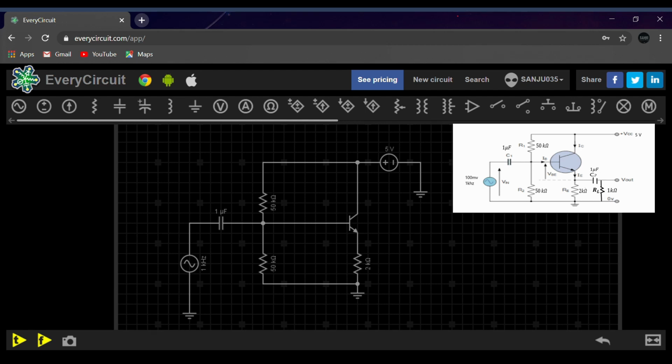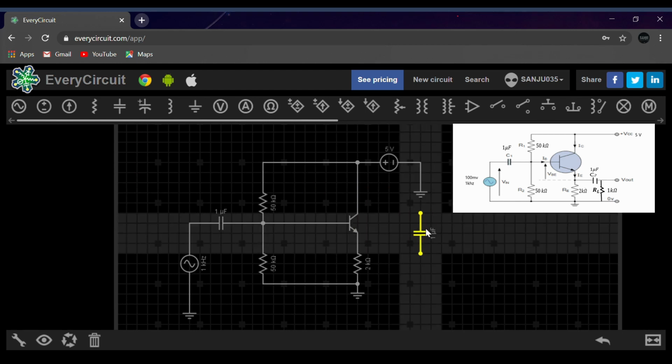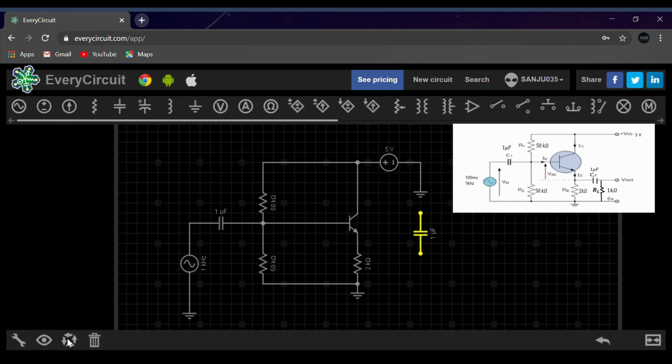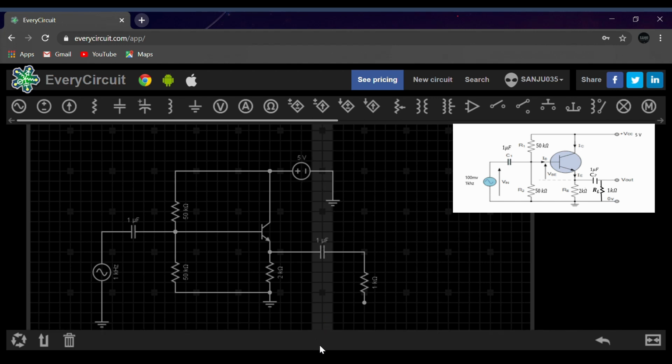Okay, now let's take another capacitor and we'll rotate it. Here we have placed a C2 capacitor. Now let us connect the load resistance. So I'll take this load resistance here, I'll connect it over here, and we will ground this load resistance. We have finished the analysis.